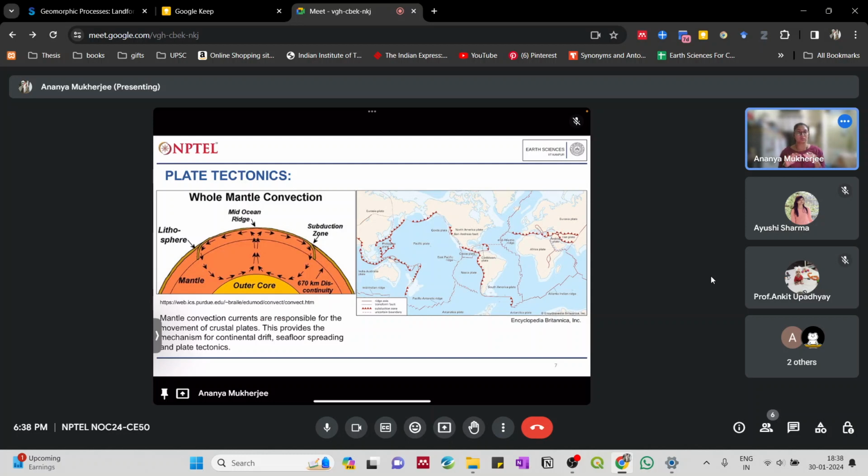So, we have convection cells. You can see over here these arrows that are marked. This is a sustained process. Wherever material is moving upwards towards the earth's crust, the earth's crust starts moving away, and at one place the material that is moving away converges with another plate, and that is where some material is again being pushed inside the mantle.